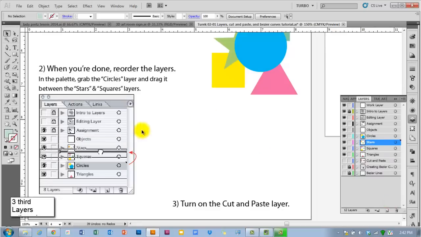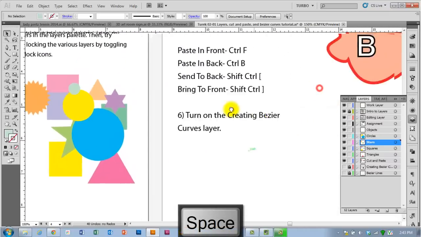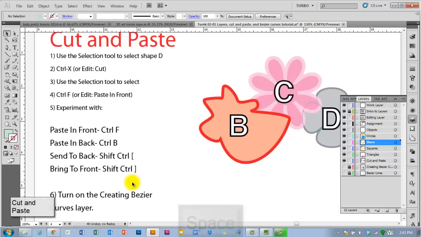Okay, so once you're done kind of reordering layers, which is kind of what this step 2 talked about, you're going to turn on the cut and paste layer. The cut and paste layer is kind of at the bottom of your layers palette, and I've already collapsed all of my layers here so I can see it. And I'm just going to hit the little eyeball icon, and your cut and paste layer is up here, so we're going to toggle to the hand tool. We can drag our way up here, and we're kind of really zoomed in,